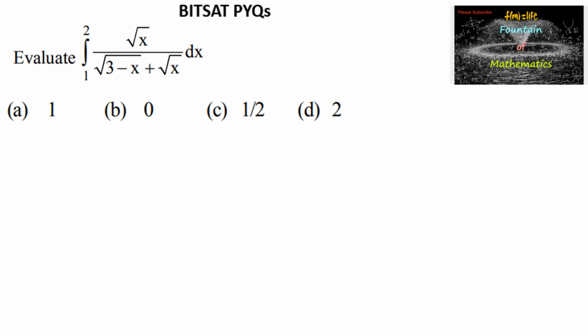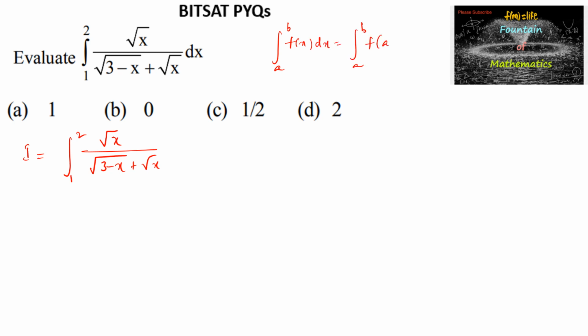Integral 1 to 2 root x upon root of 3 minus x plus root x. So let us consider I is equal to integral 1 to 2 root x upon root of 3 minus x plus root x. Let us use the property integral a to b f of x dx is equal to integral a to b f of a plus b minus x dx. So we can write here I is equal to integral 1 to 2 under root of 1 plus 2 minus x upon root of 3 minus (1 plus 2 minus x)